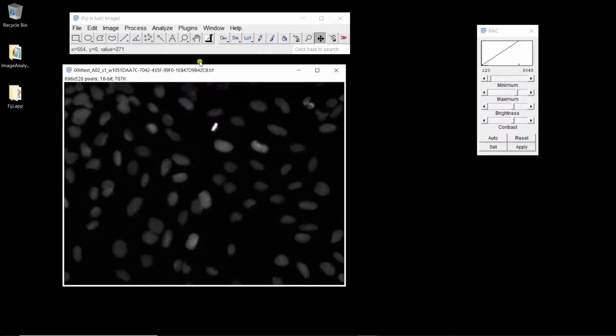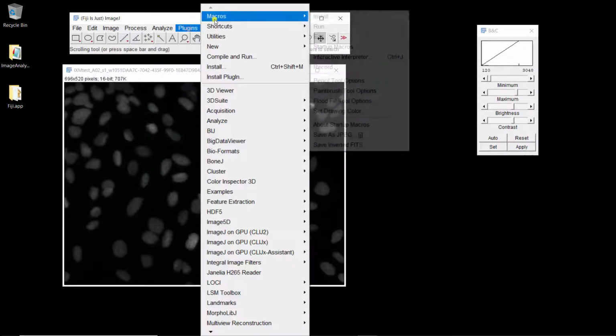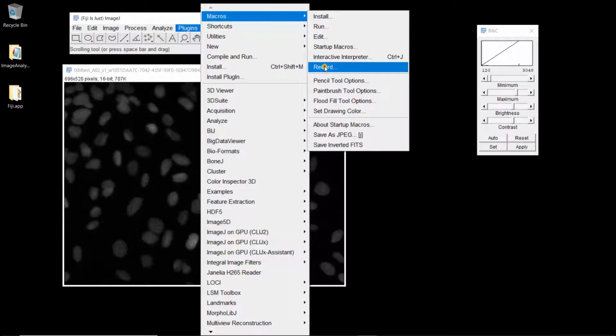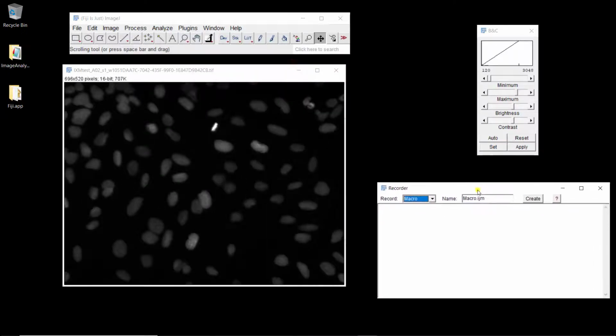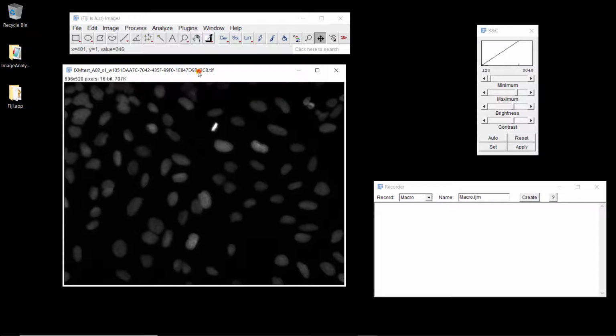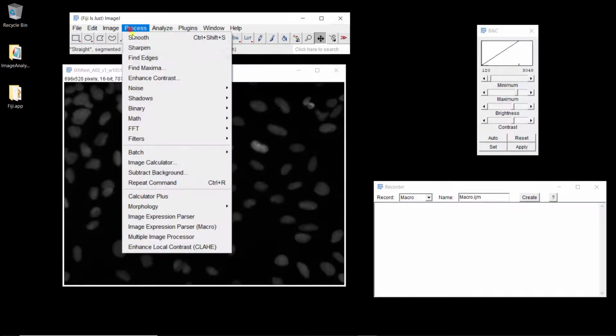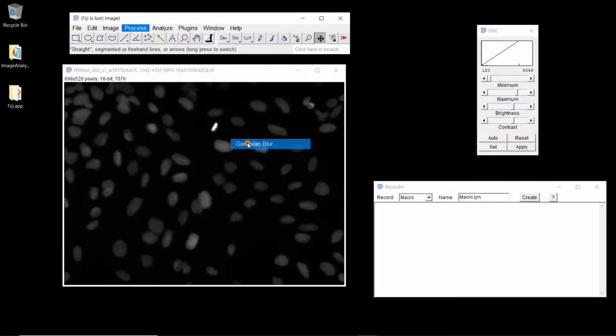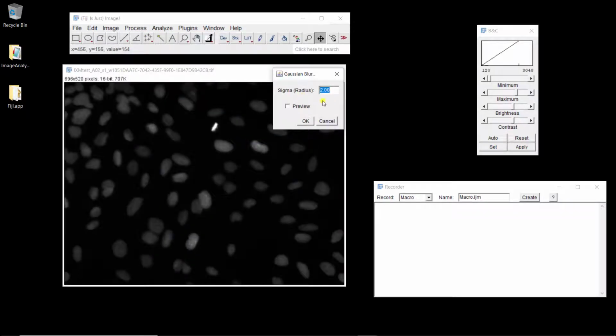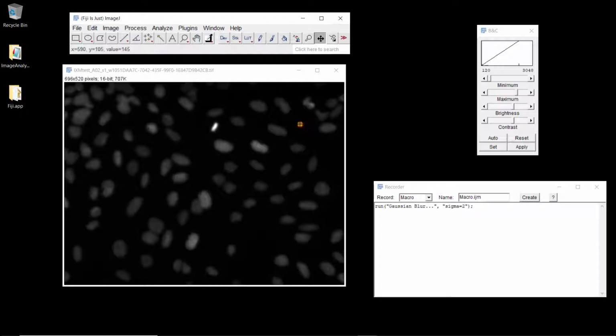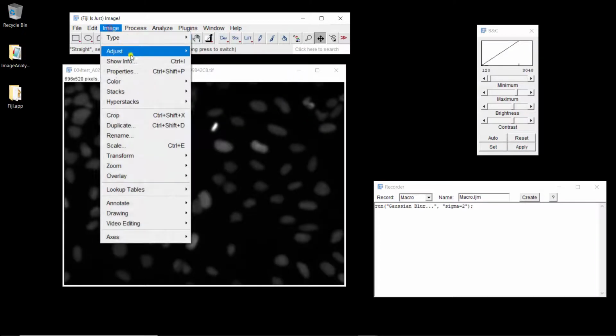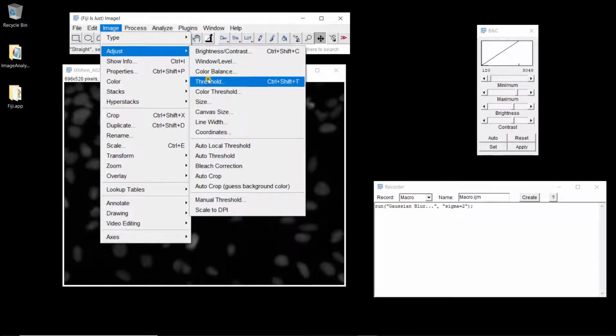So to record each step, I'm going to open the macro recorder. If you go to Plugins, Macros, Record, every single step is going to be recorded here. So first thing we do is to apply a Gaussian blur. If I go to Process, Filters, Gaussian Blur, I'm going to use a kernel of 2. All right. Then I'm going to threshold it. So if I go to Image, Adjust, Threshold,